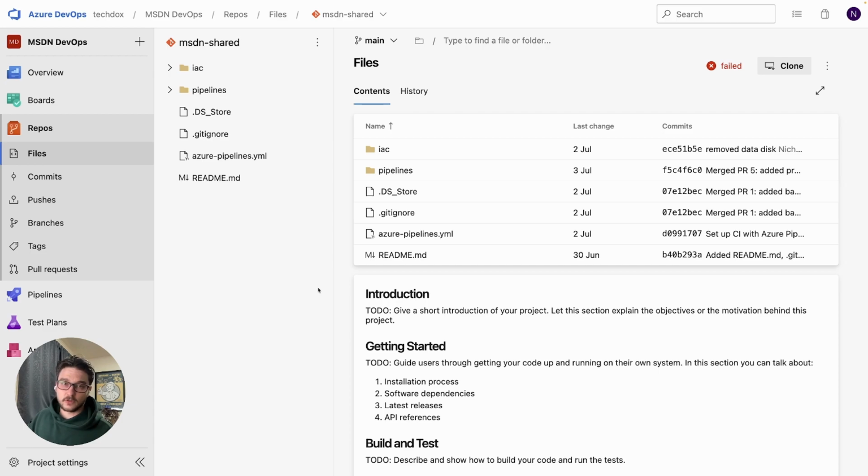The ClickOps is still a thing. Don't get me wrong, you still have to go on there and you still have to click and create things because not everything can be stood up via infrastructure as code. You need to configure things, test things, bring it back to code, whatever. Yes, 100%. Those two, ClickOps and infrastructure as code, are still in tandem. But it's just understanding when to use one over the other.